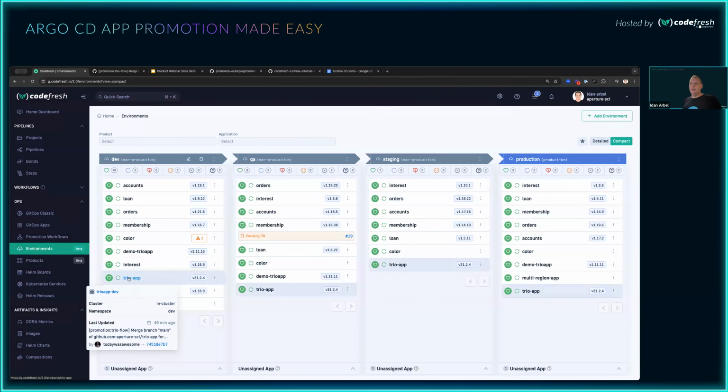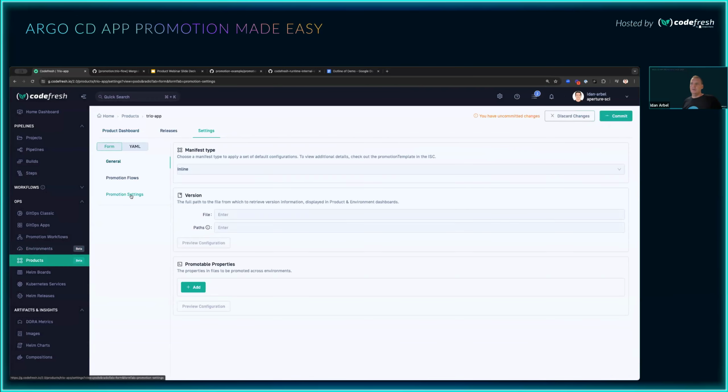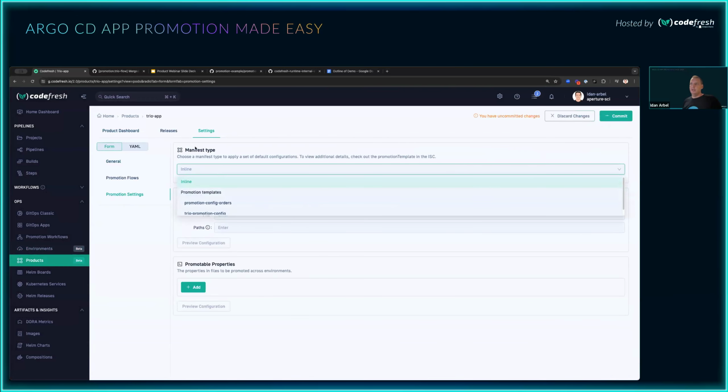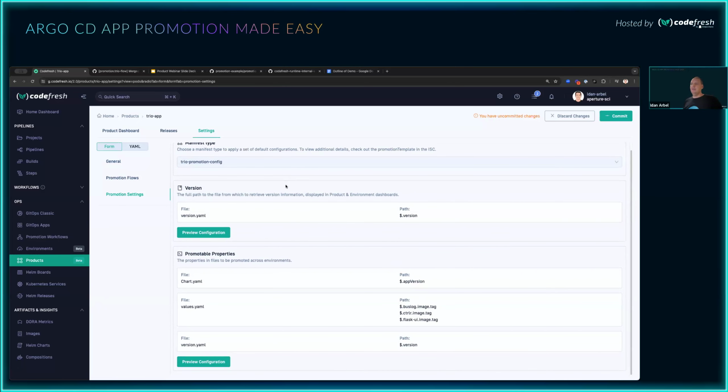So let's go back again to a product and actually go to the settings tab right now. So we have here the promotion settings, and I can choose one of our pre-configured templates. So let's choose this one. And what you see here is essentially the logic that controls what gets promoted between each environment. So what you can see here, and let's focus on the properties here, is that when we promote this product